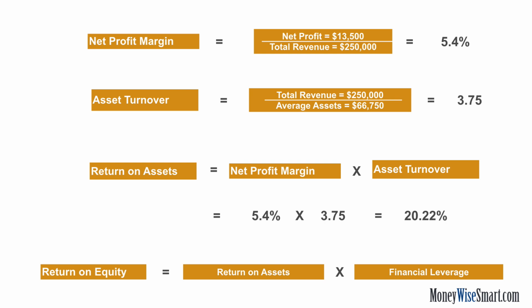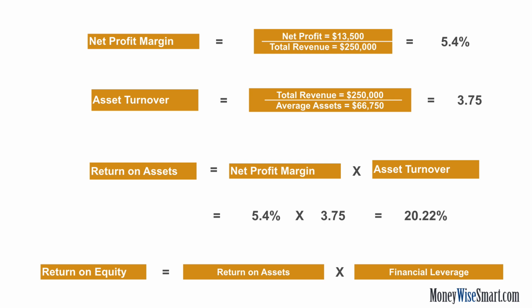But as compared to the 0.95 asset turnover in the first scenario, here my asset turnover has gone up to 3.75, which is the total revenue of 250,000 divided by the average assets of 66,750. So my return on assets actually goes up to